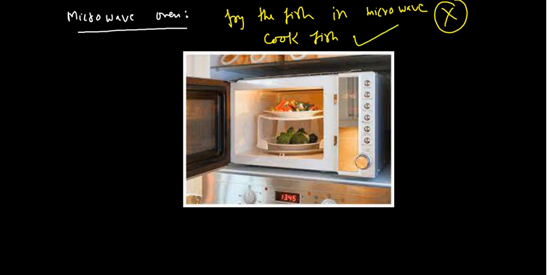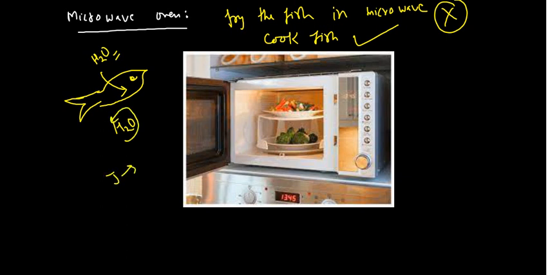See how a microwave actually works. Say for example, you have a fish. This fish will have water molecules inside its body. So when you put this fish in the microwave, what will happen? You know this H2O is microwave active, so it will rotate and change its J level. When it changes the J level, the rotational energy increases, and when the rotational energy increases, the fish starts to cook from inside.